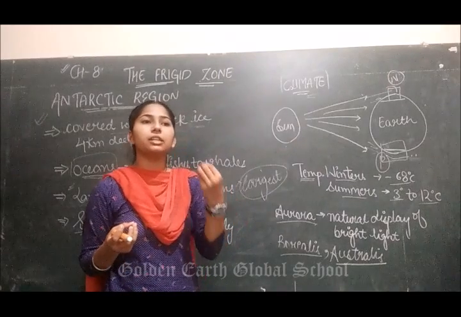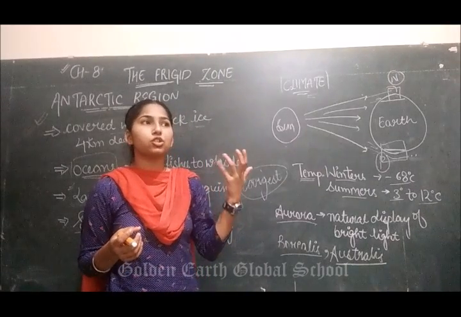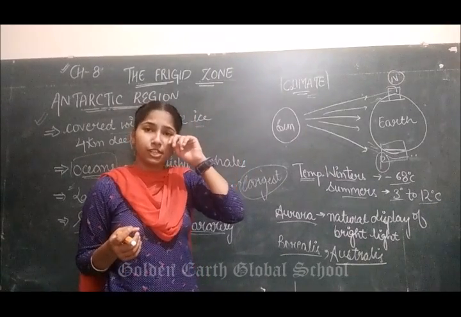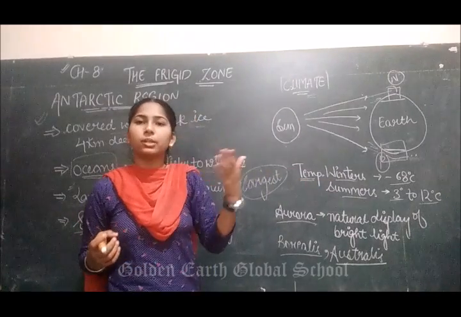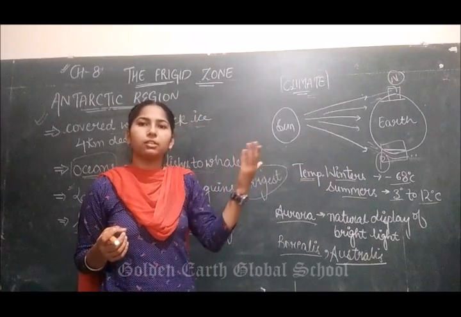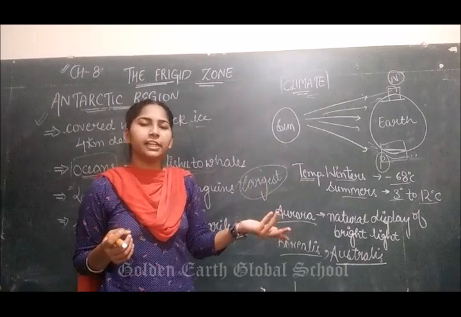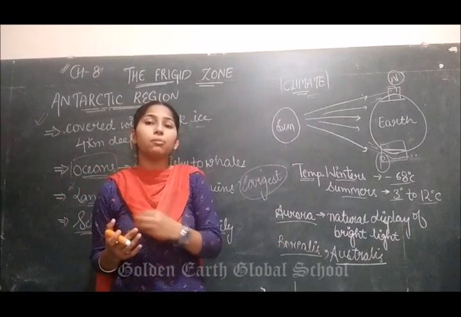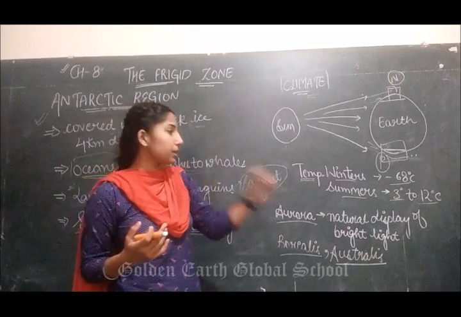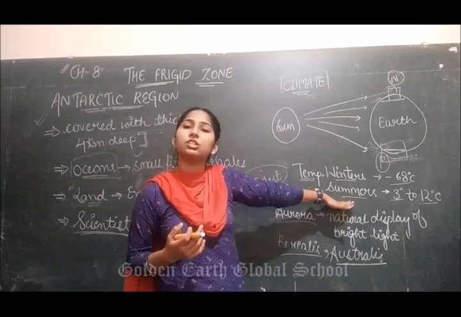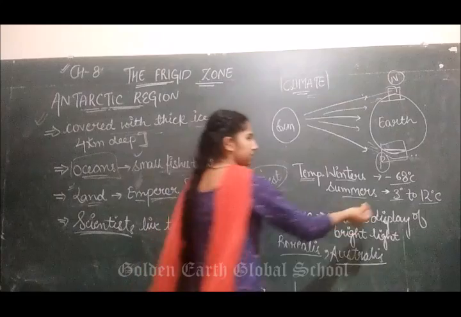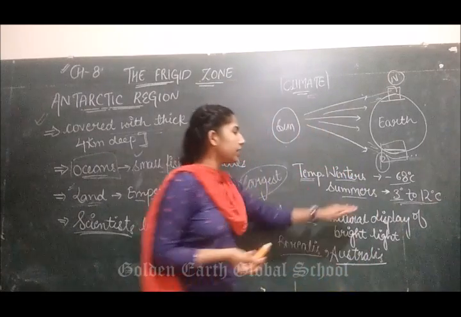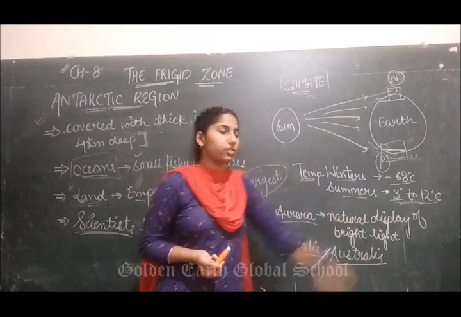हमारे यहाँ प्लेन एरियाज में समर्स में कितनी ज़्यादा गर्मी हो जाती है, टेम्परेचर 40-45 डिग्री सेल्सियस पे पहुंच जाता है, जबकि विंटर्स में जो टेम्परेचर है वो 20s में आ जाता है, 20 डिग्री, 19 और 18 डिग्री। और जितना टेम्परेचर हम लोगों का विंटर में नहीं होता, उससे भी कम टेम्परेचर पोलर रीजन में समर्स में होता है, 3 to 12 डिग्री सेल्सियस। सो द टेम्परेचर रेंज इन समर्स इज 3 to 12 डिग्री सेल्सियस।